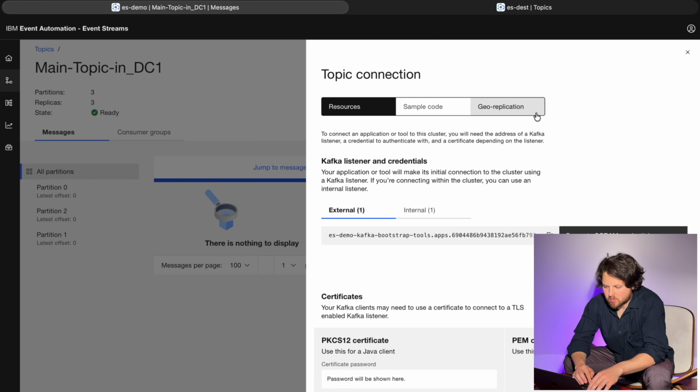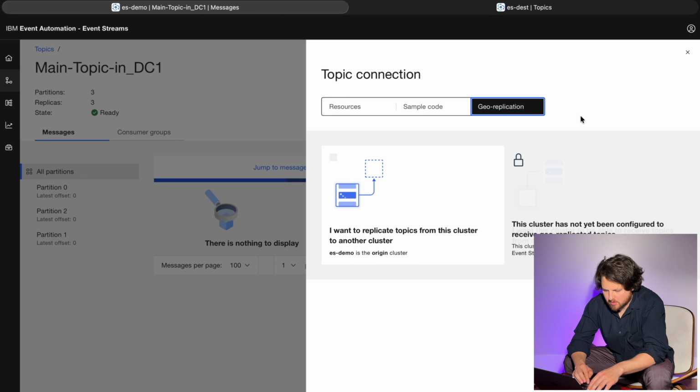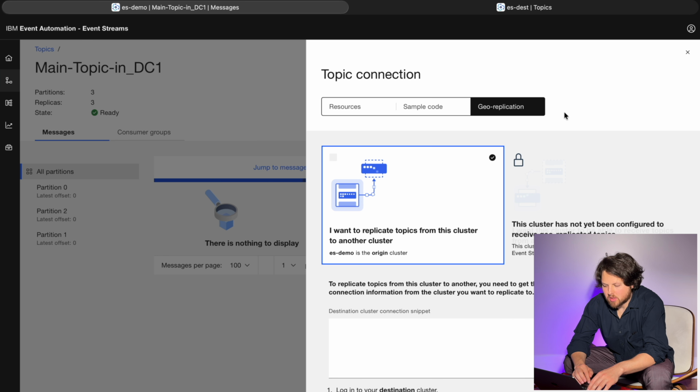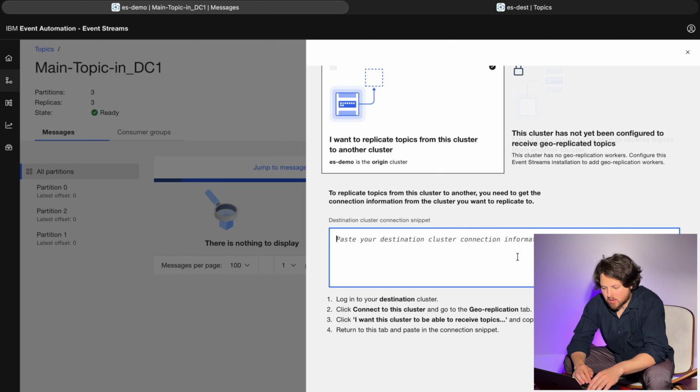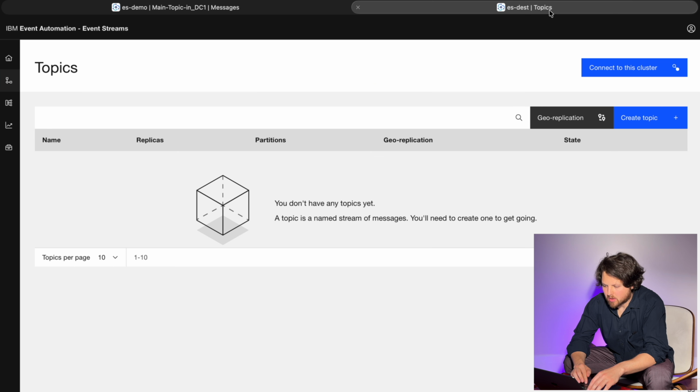Now we need to go to the geo-replication section and choose I want to replicate topics from this cluster to another cluster. And now it is saying that you need to paste your destination cluster connection information here. And where can you get this information from? Well, obviously you can get it from your destination cluster. So we need to go back to our destination cluster and click on